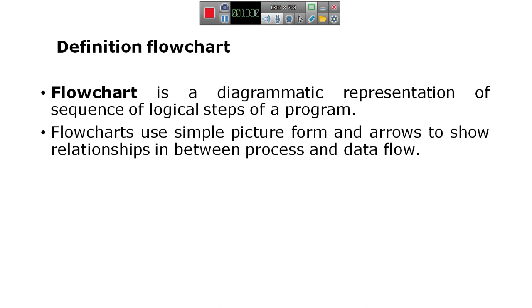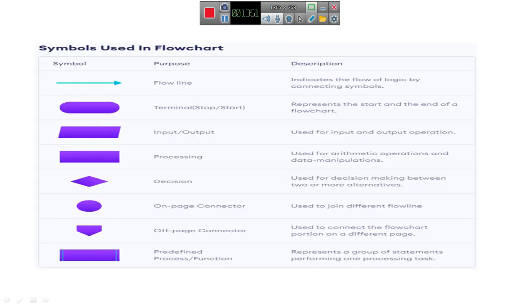It uses some simple pictures and arrows to show the relationship between the process and data flow.